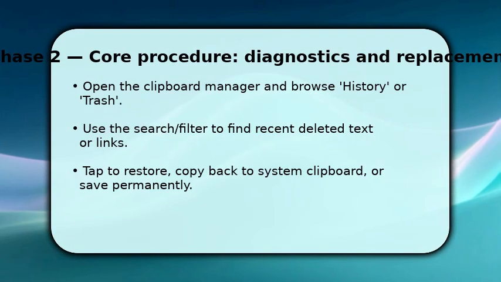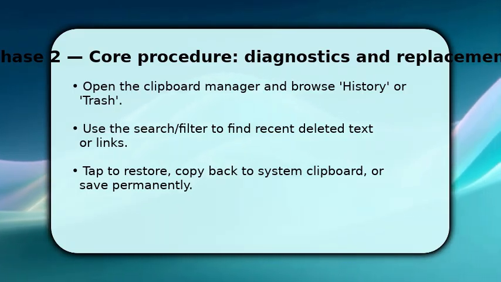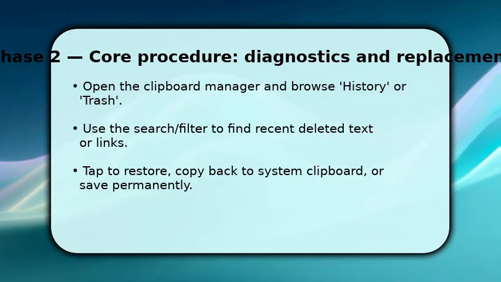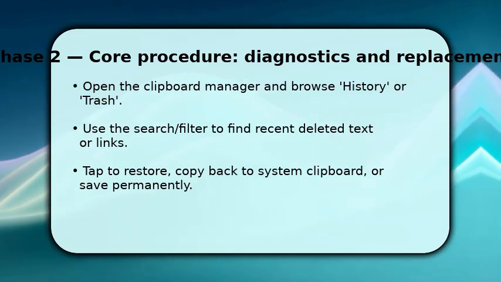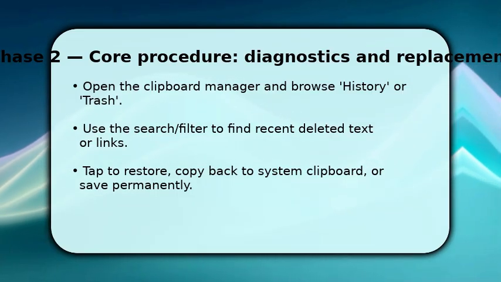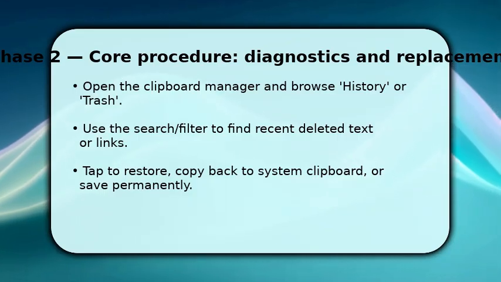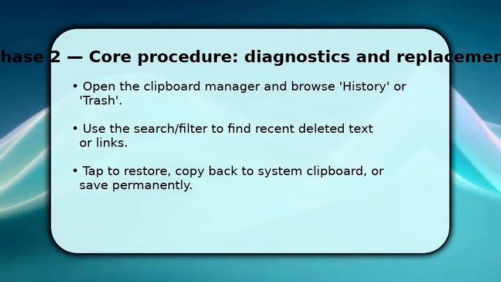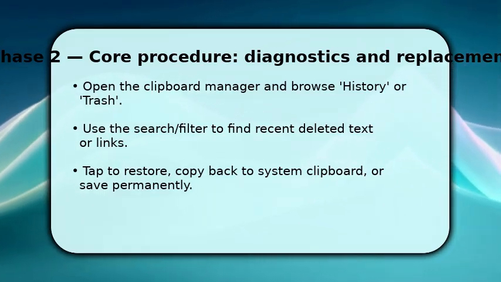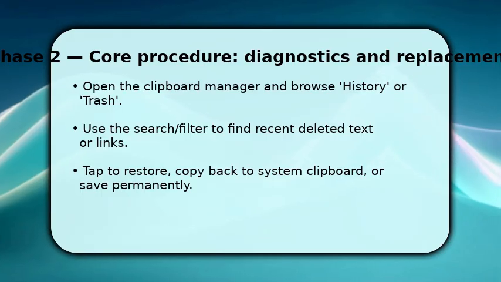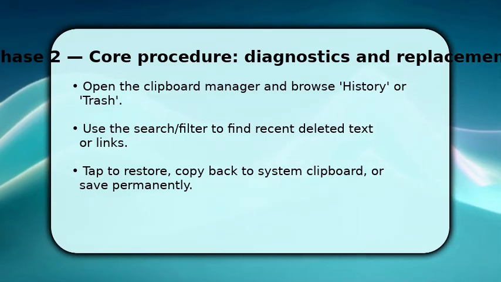And now open the Clipboard Manager and go straight to history or trash. Some apps label it differently. Once there, use search or filters to narrow results by app, timestamp, or content type. This speeds recovery. Tap a candidate entry to preview why it matches. If the item is present, restore it to the manager, then copy it to the system clipboard or save it